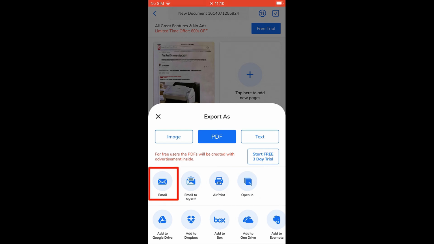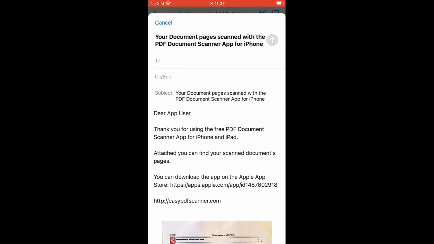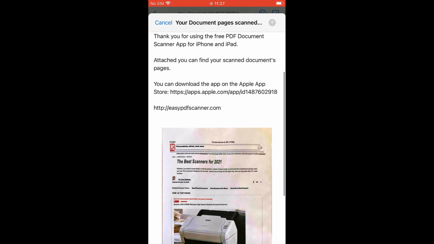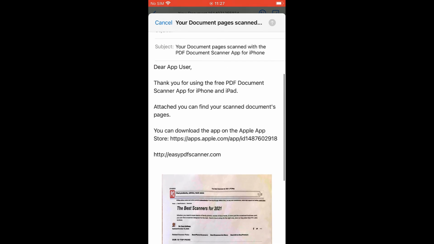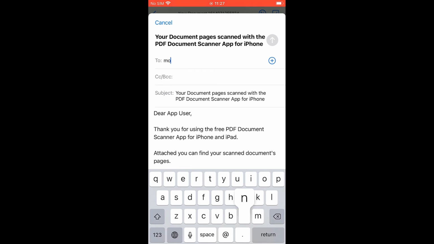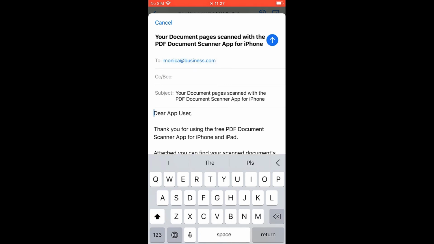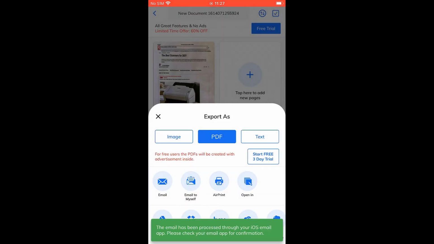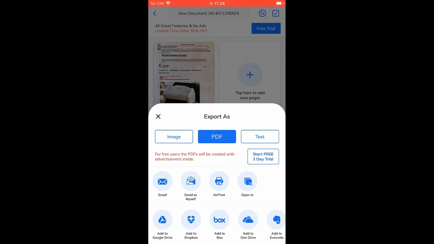Let's use the example email. Add the recipients and you're done. That's all it takes to scan documents and turn them into PDFs with the free PDF Document